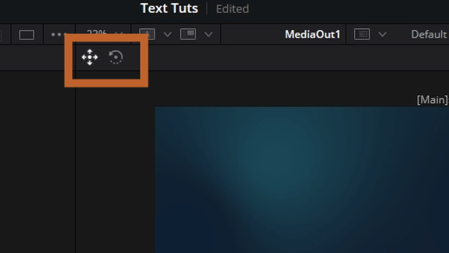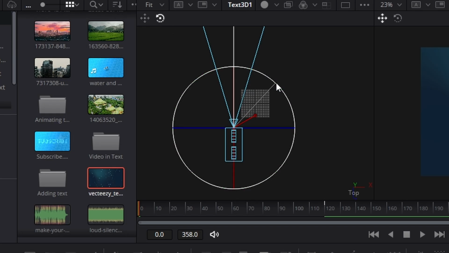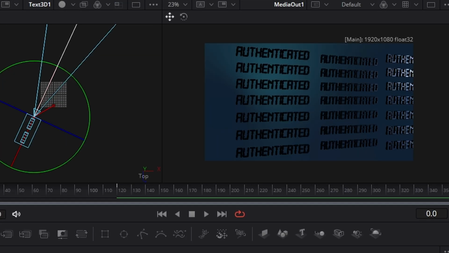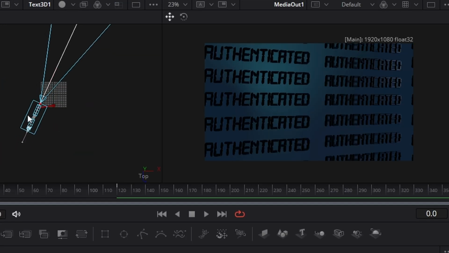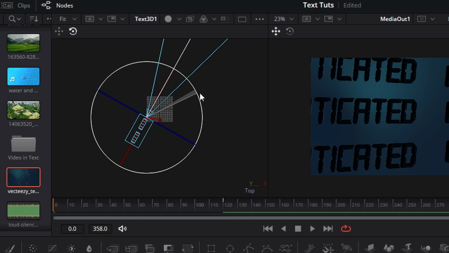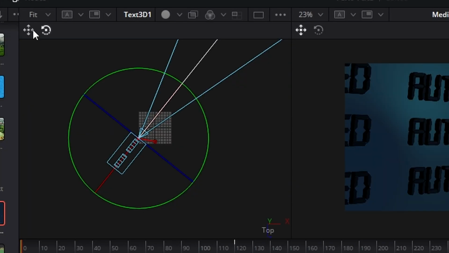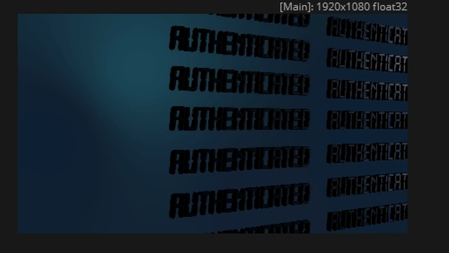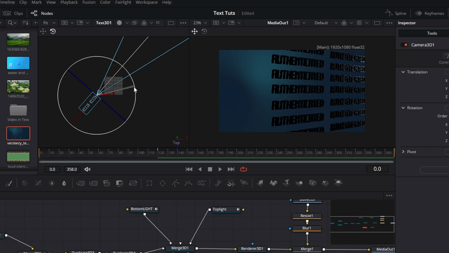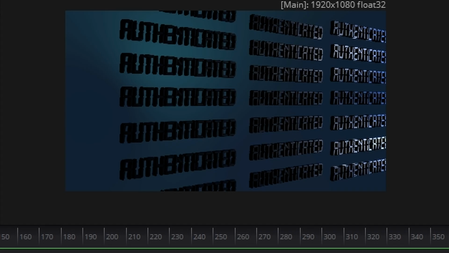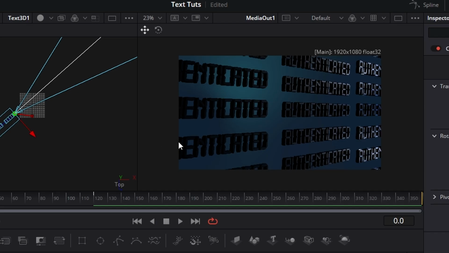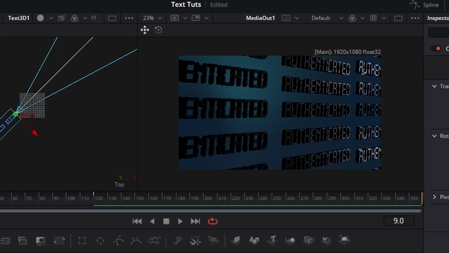Now up here on the top you see it's got move and rotate. We're going to click on rotate now. If we move this one, look at that, and then we can do this, rotate again, move it again. What we're trying to get is just the little bit of light that starts to come in. Let's do this, like about there. There we are, that's cool. Now when we play it,